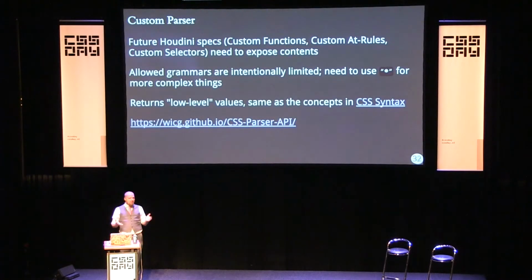We still know how to basically parse a string. Without any additional knowledge, we might not know exactly what everything means, but if we see a 5px, we know that's a unit value. Its value is 5, its unit is px. You go do what you want with it, but we can at least tell you that much. So the custom parser is our attempt to expose the typed-OM stuff for more arbitrary usages.